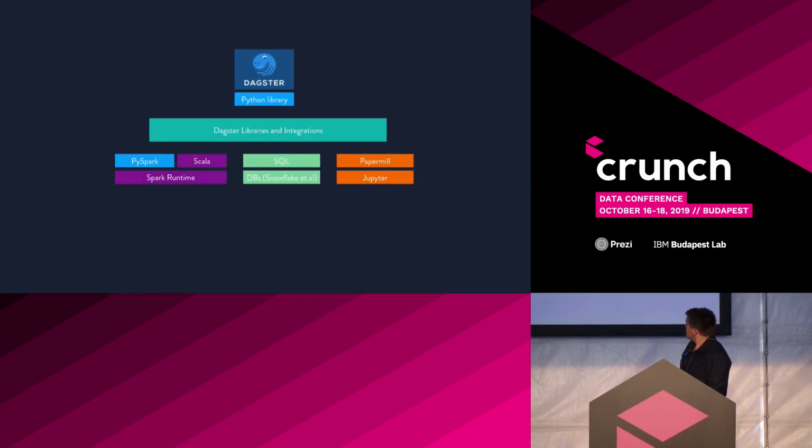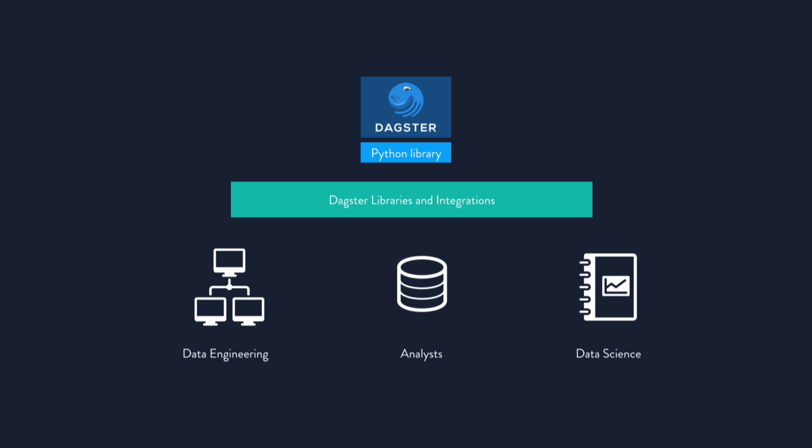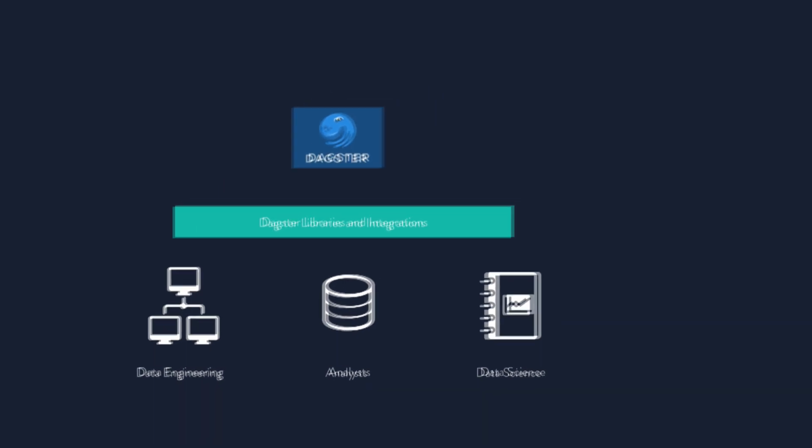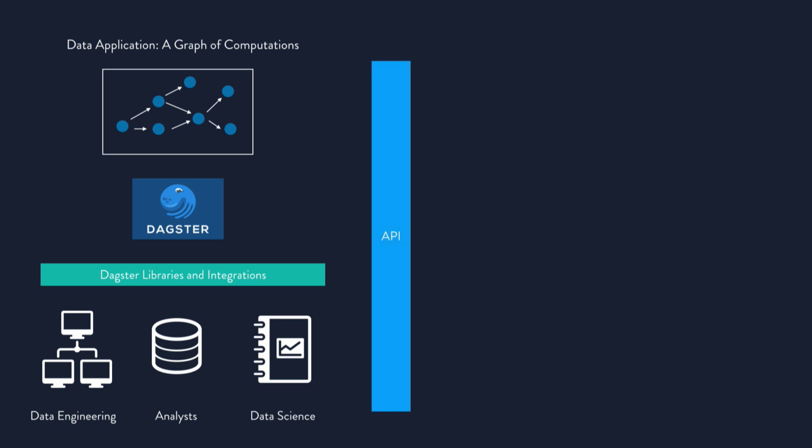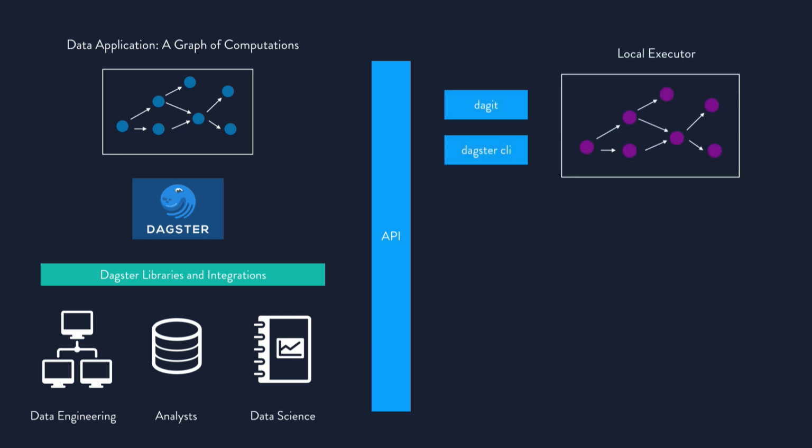And so like I said before, all the integrations underneath the abstraction can interact with libraries that would be written by any of these constituencies. They're all operating on the same logical DAG. They all collaborate to build this data application, which is the abstract graph of computations. That's all accessible behind an API. And that's how we build our local development tools here.